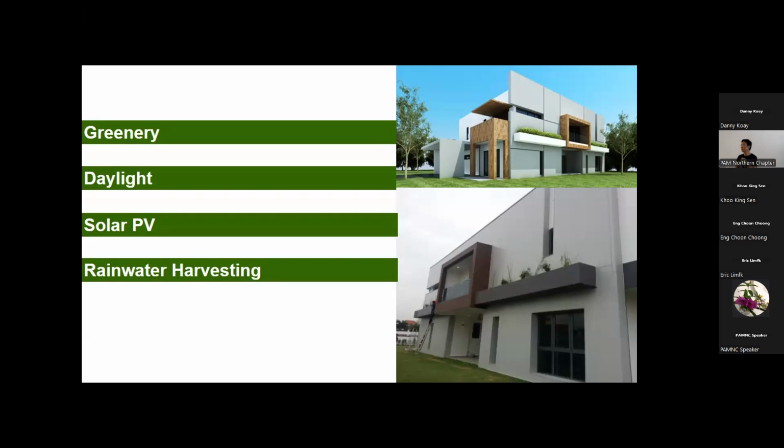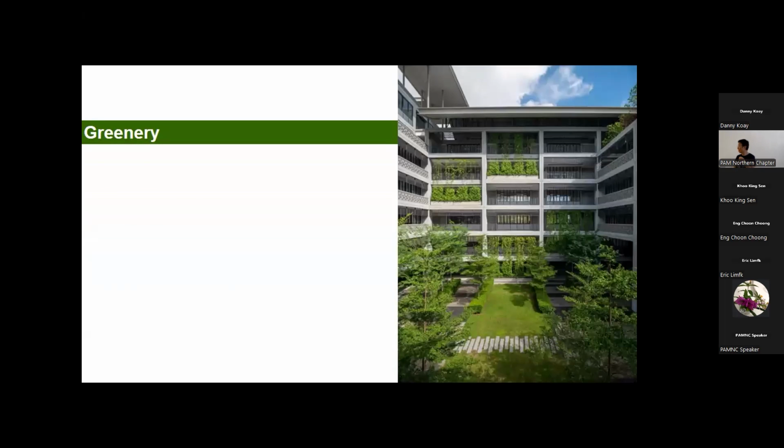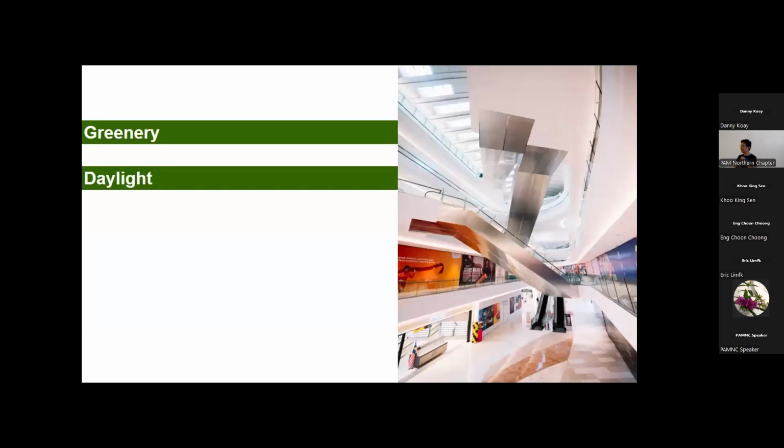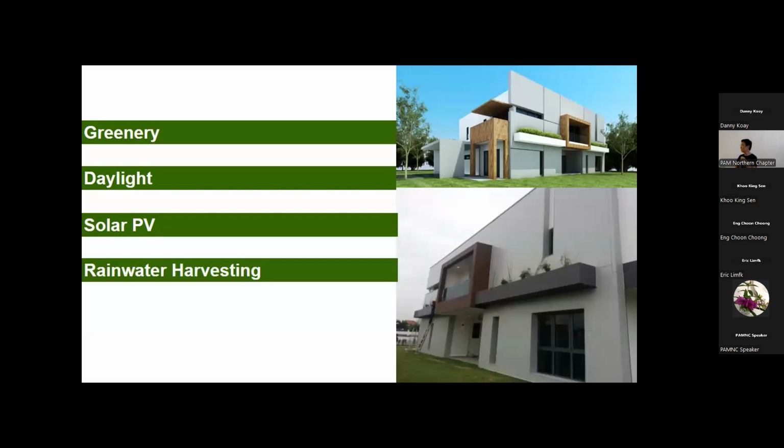Mandatory. But greenery, you can see, can touch some more. Daylight, can see, cannot touch. Solar PV, can see, climb the roof, can touch. Rainwater, not see, cannot touch. Correct? Then how do you know it's rainwater harvesting? Uncle cannot see. Right? But now the water tank, they ask in this case, that this particular building, this whole thing